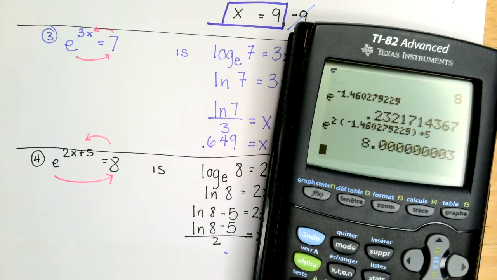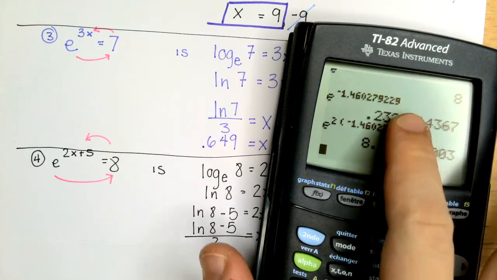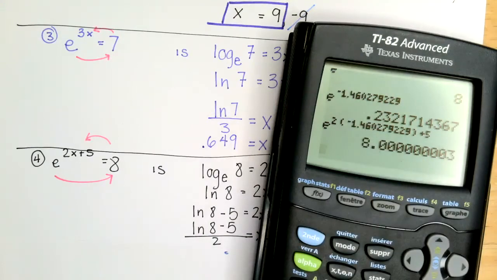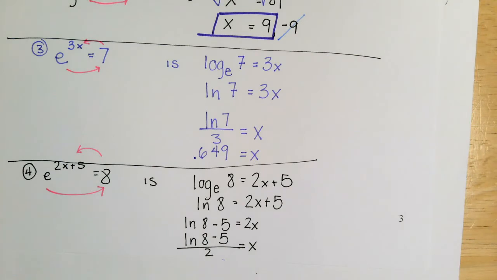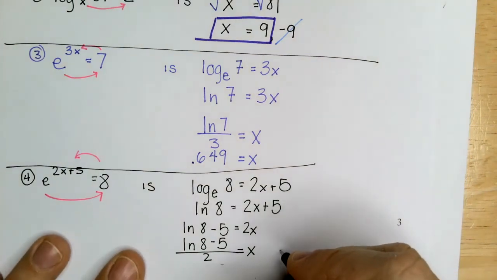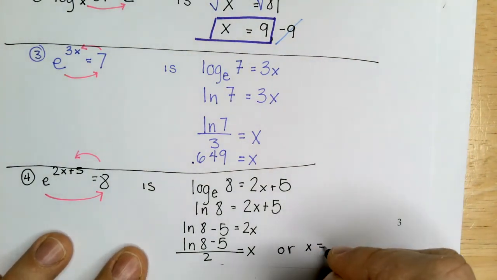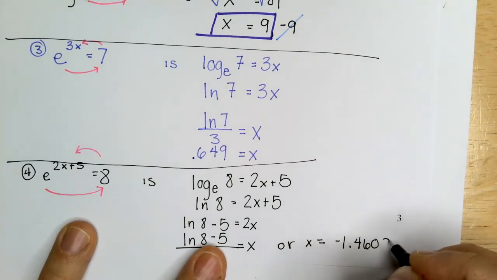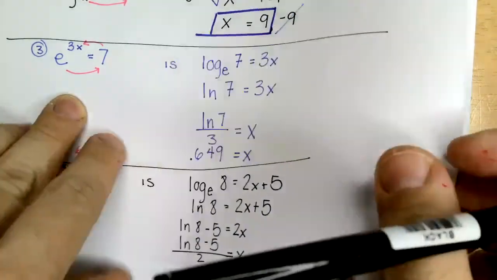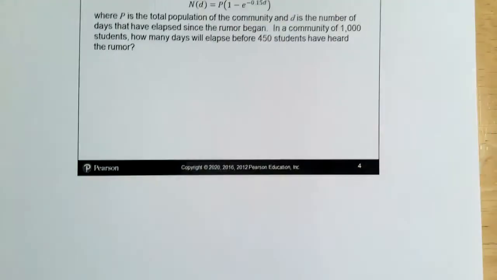We've got close to 8. Not exactly. We're rounding that. We'll get close. All right. 4x equals negative 1.463. Okay. Now,